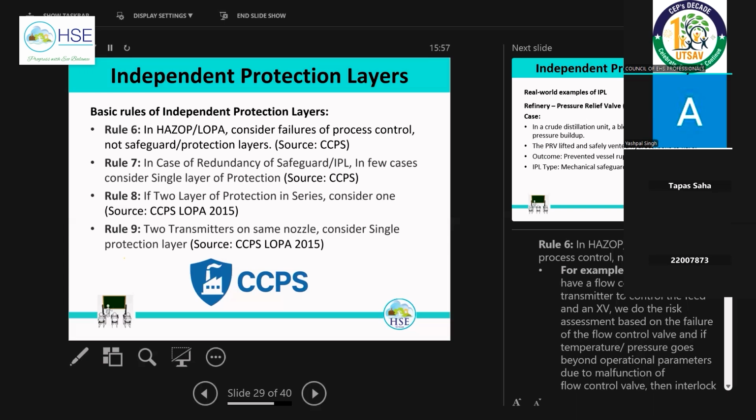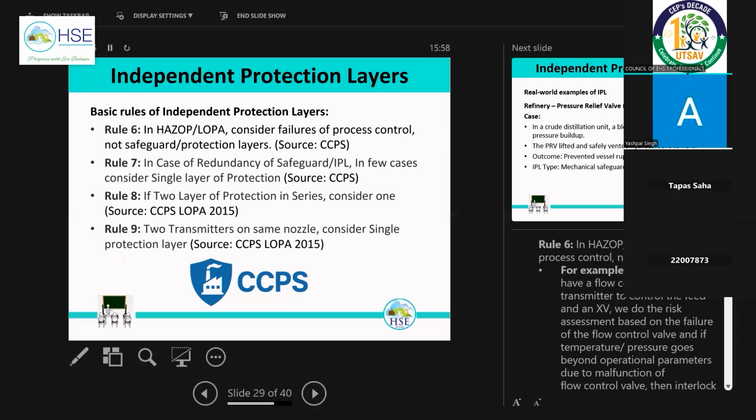But safeguards we cannot fail, because our objective, as we discussed earlier, is that if the life of a safeguard is 20 years, we have to do all the things to maintain the objective deliverable through the safeguard for the 20 years. It means we will do the inspection, the testing, the preventive maintenance, all we will do to maintain that safeguard. So a safeguard or protection layer cannot fail during the life cycle of that particular system. That is why we don't consider the failure of a protection system, protection layer or safeguard during the risk assessment.